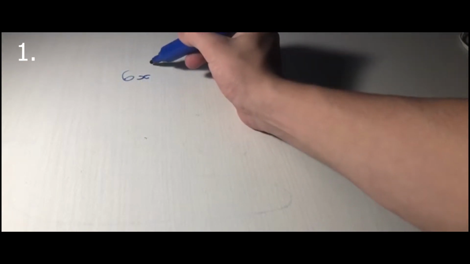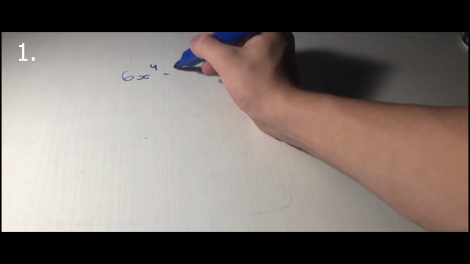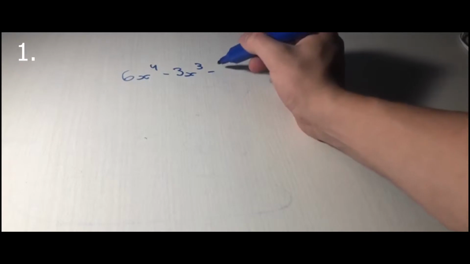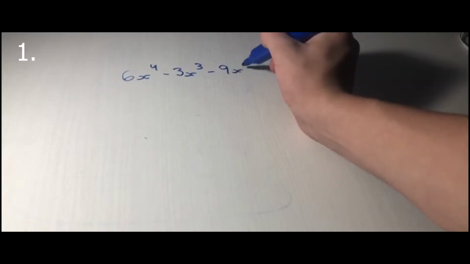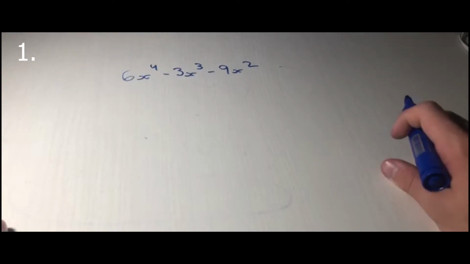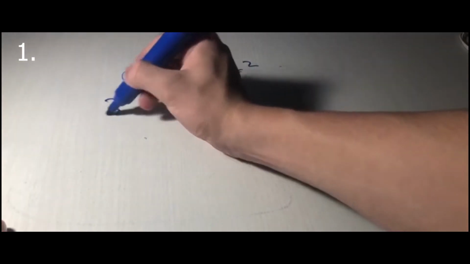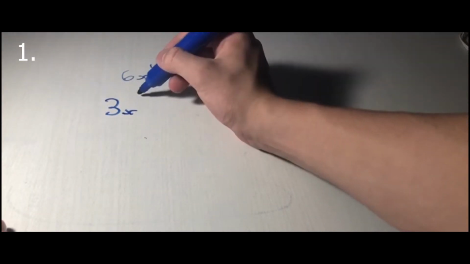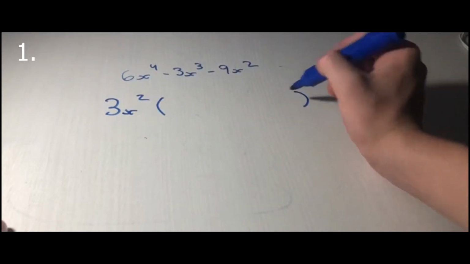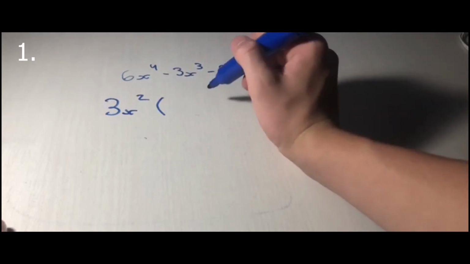6x to the 4th power minus 3x cubed minus 9x squared. So the first thing to do is the GCF, the greatest common factor of all these numbers, which is 3x squared. Open parentheses, and all this divided will be